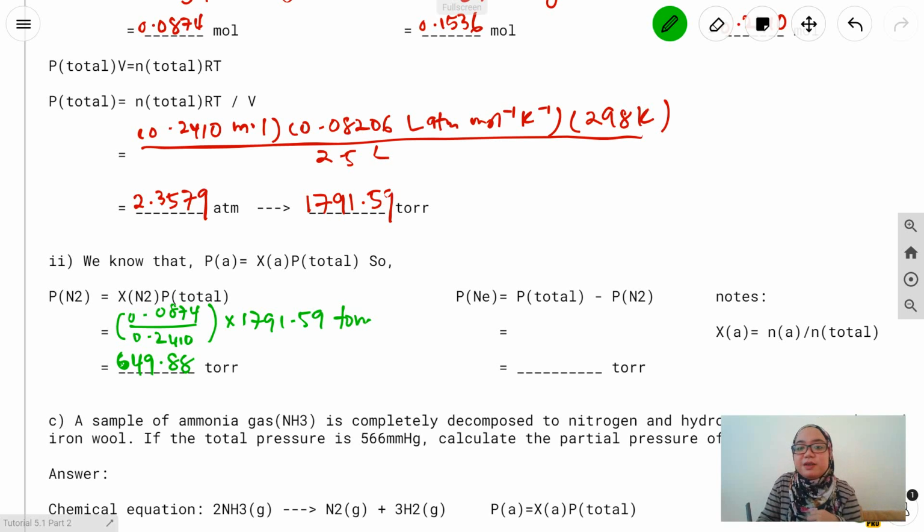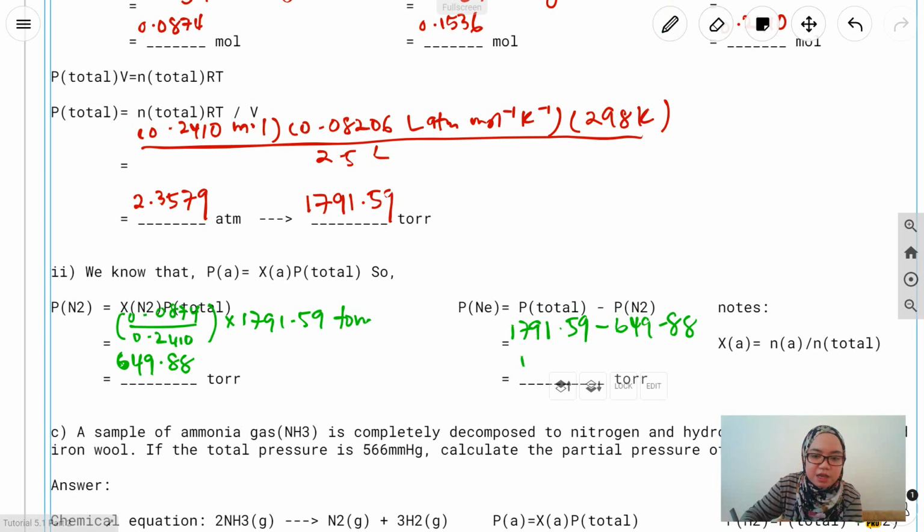Okay, now we want to find the partial pressure for neon gas. But we know that according to Dalton's law, the total pressure is equal to the partial pressure of gas A plus partial pressure of gas B plus partial pressure of gas C. So we can just subtract the partial pressure of nitrogen gas from the total pressure to get the partial pressure of neon gas. So we know that the total pressure is 1791.59 and the partial pressure for nitrogen gas is 649.88. So that means we will get the partial pressure for neon as 1100